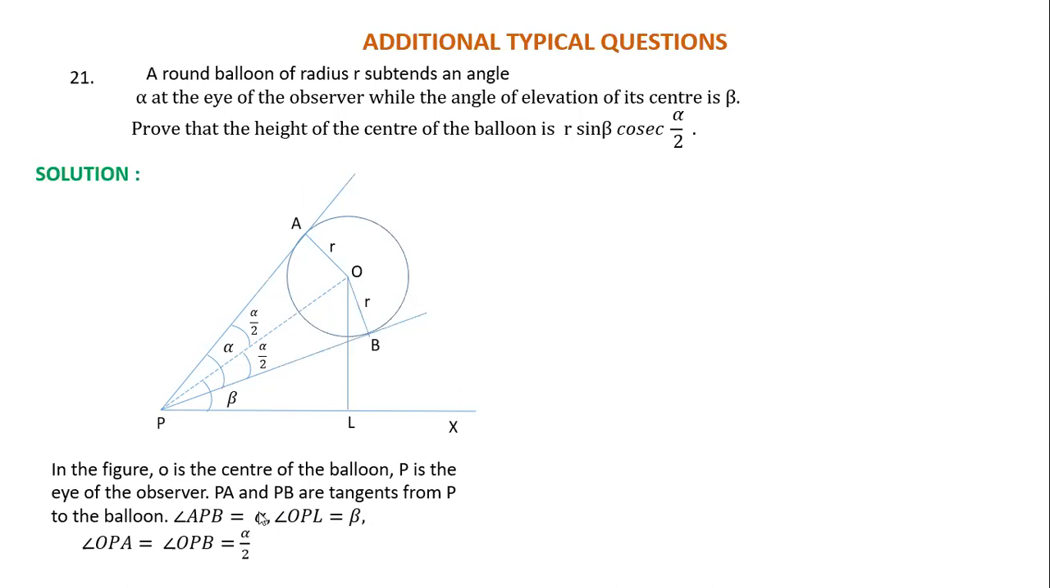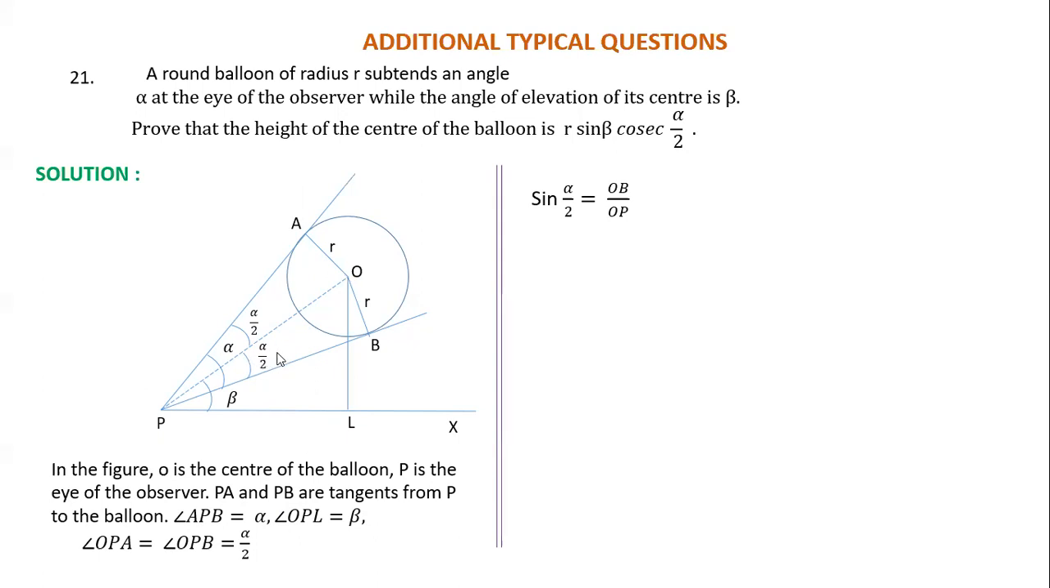Angle APB is equal to alpha. Angle OPL is beta, and angle OPA is equal to angle OPB, which is alpha by 2. This is the figure. Now,